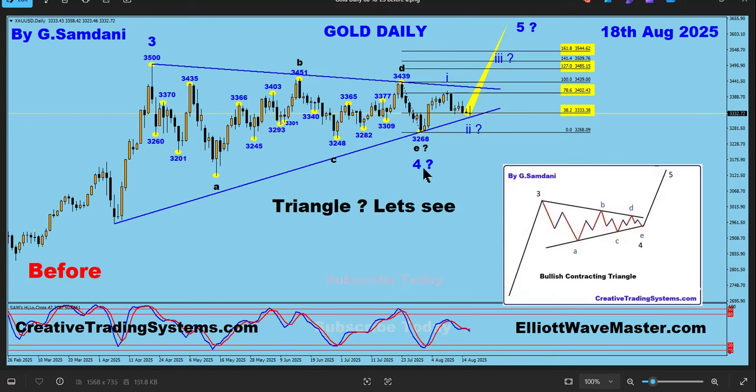This is wave three, this is the wave four triangle, which ended up here, and then we started to go up for wave five. Out of that, we had wave one and two finished, and I said we're going to go up for wave three and then four and five. So just remember that these are Roman counts, the blue count, right? At the same time I made the chart, what happened to this chart?